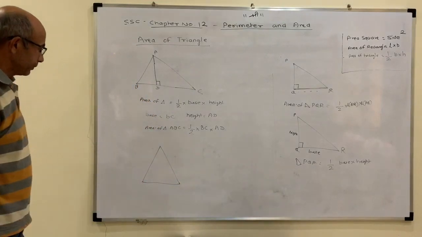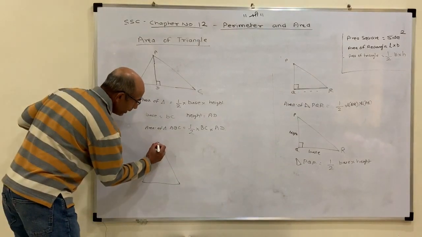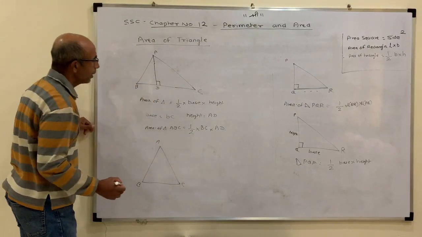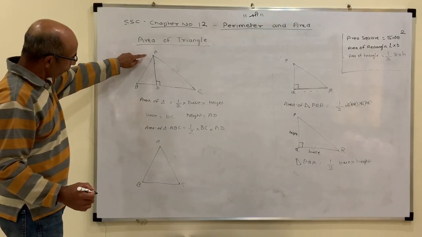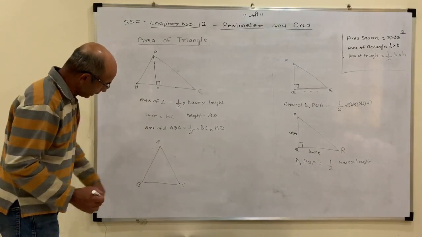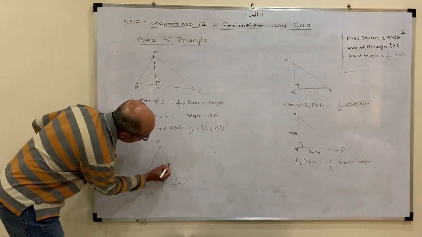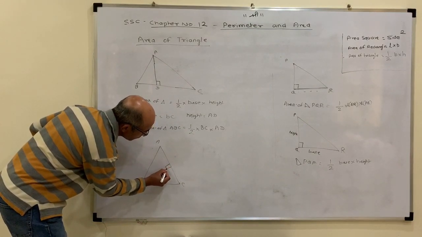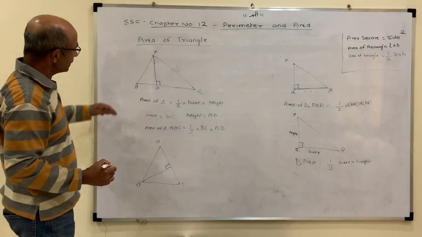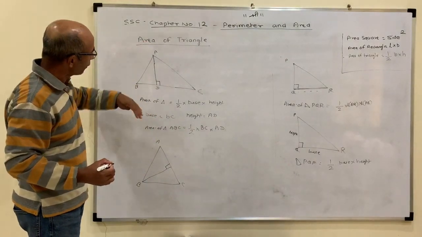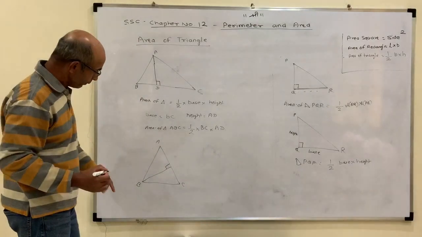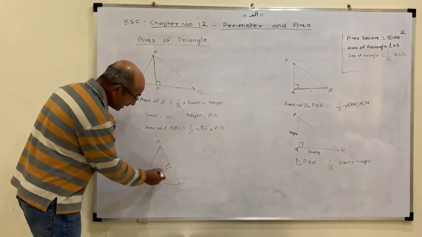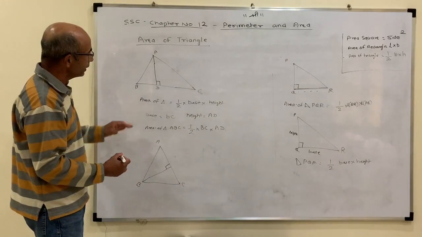So this is my triangle, A, B and C. Now here I put a drop from A onto BC. I can very well put a drop from B onto the AC as well. It is not necessary that it has to be from one particular vertex, but it has to be from the opposite vertex. That's the main thing, because you are measuring its height, so height will always be at a right angle